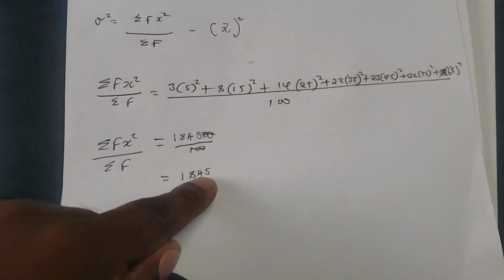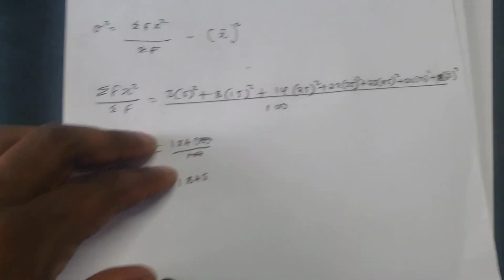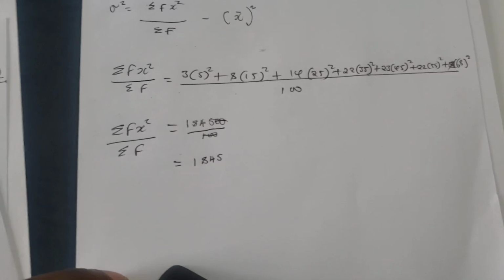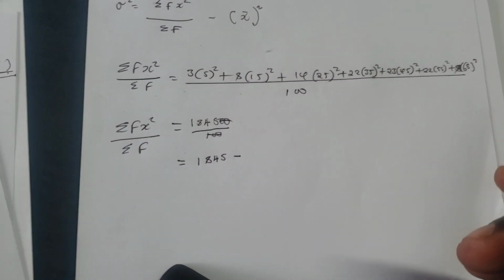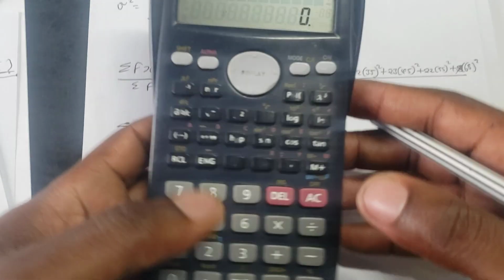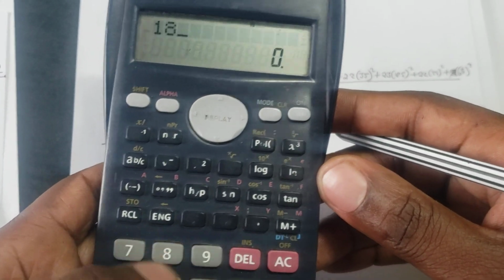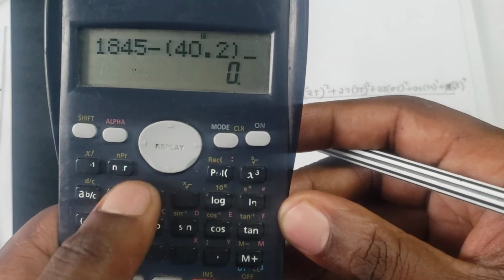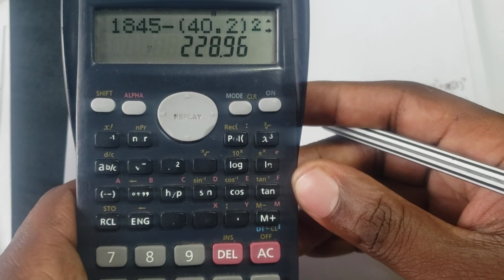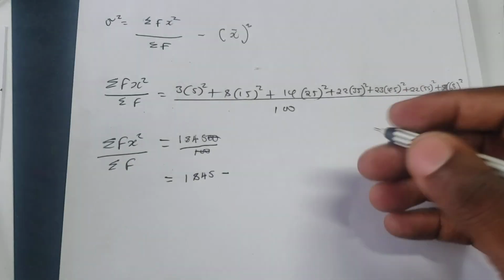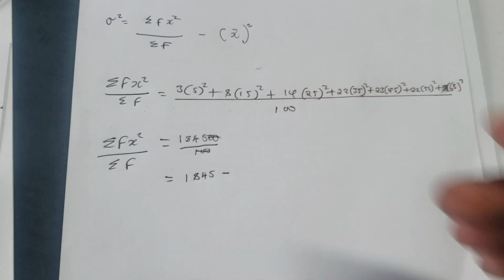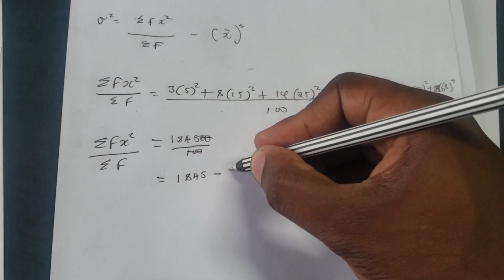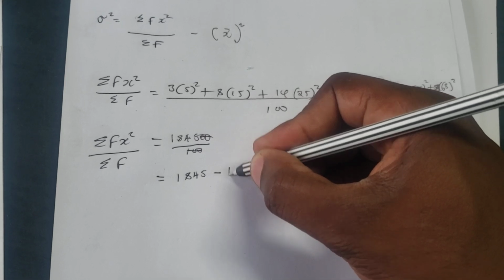So if this is what we're going to put there, let's now find the square of that mean. The square of that mean is 40.2 squared. So just say subtract. All right. 1,845 minus the square of 40.2, and our answer is 228.96. All right, just for the sake of following step by step, 40.2 squared is